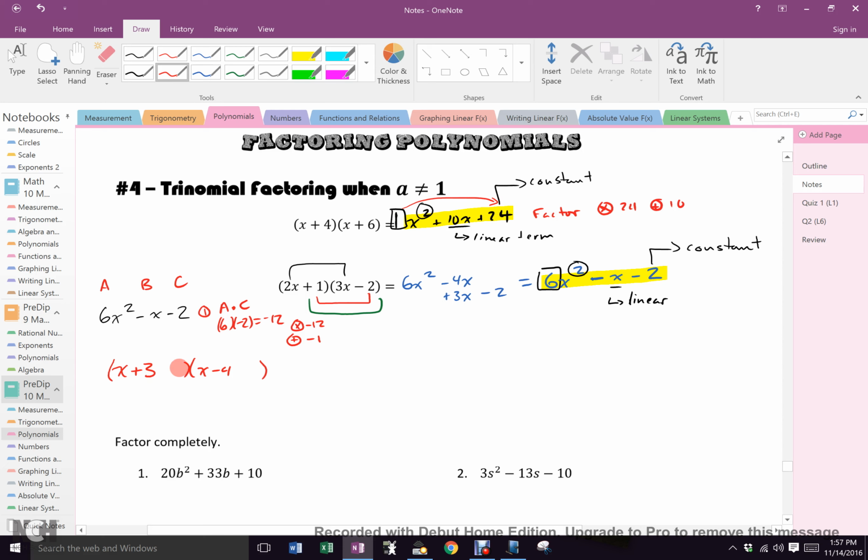Now, I have this set up, but I am trying to factor, aren't I? What is the math operation required to factor? Division. Have I done any division yet? No. I'm trying to get rid of this 6, aren't I? Right? All I've done with that 6 is multiply it through. What would get rid of it? What gets rid of multiplying? Divide. So now if I divide by 6,